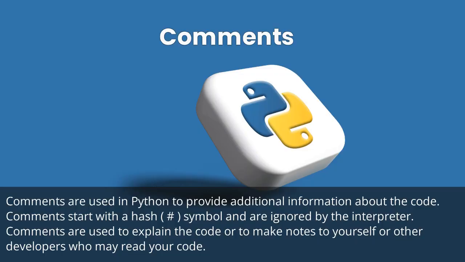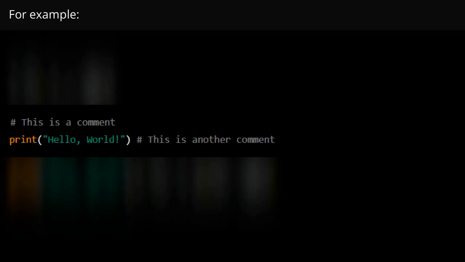Comments are used in Python to provide additional information about the code. Comments start with a hash symbol and are ignored by the interpreter. Comments are used to explain the code or to make notes to yourself or other developers who may read your code. For example,